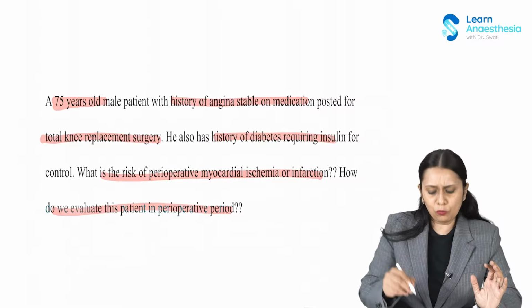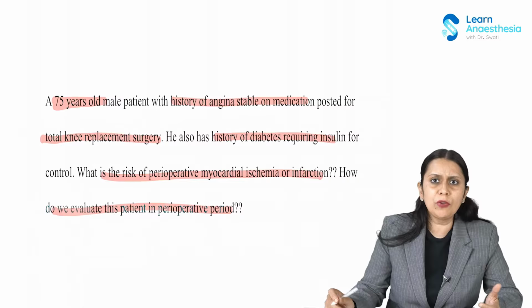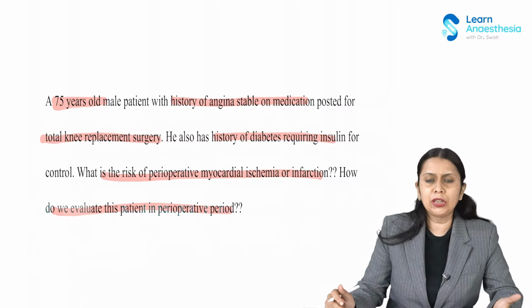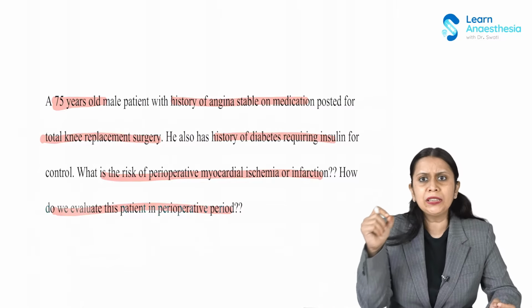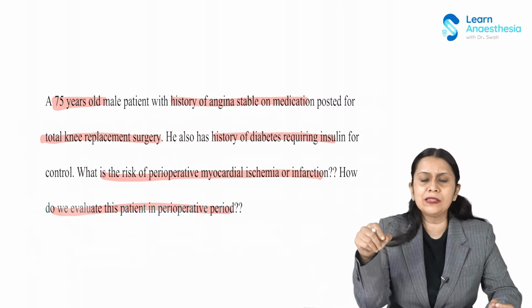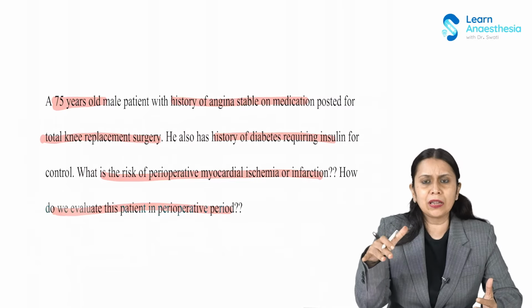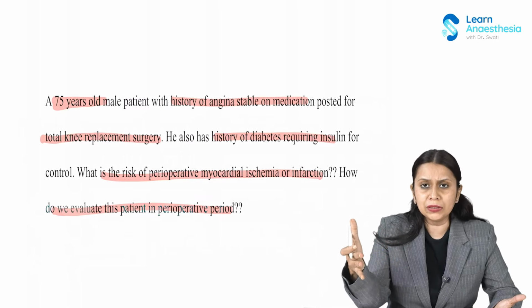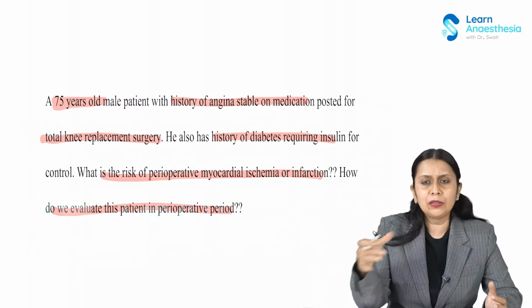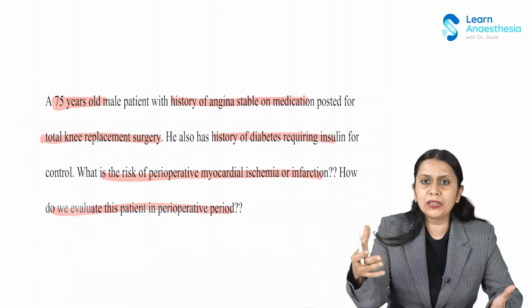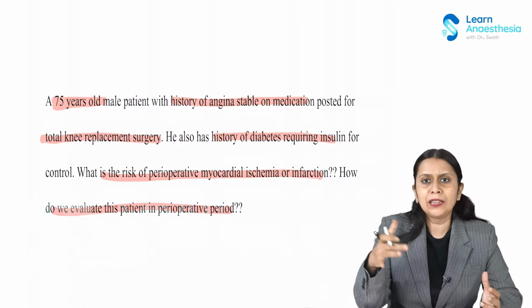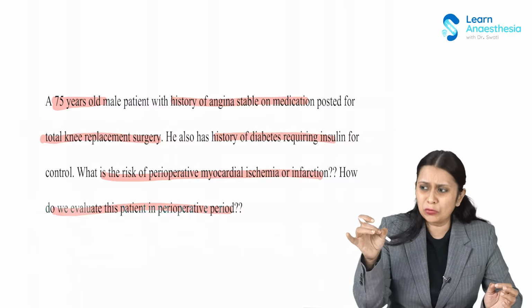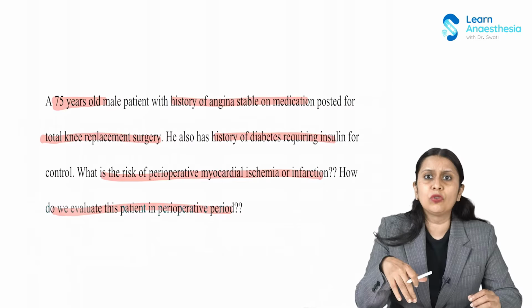So first of all, why does perioperative myocardial ischemia or infarction happen in a patient? Now, mostly it is due to imbalance between myocardial oxygen supply and demand, let's say in a patient with underlying coronary artery disease, or due to acute thrombus, or a coronary artery plaque disruption. And as I earlier said, the presentation may be very atypical. The patient may not complain of chest discomfort under anesthesia. Then typical ECG changes may be missed. In a lot of patients, only elevated troponin level is what we will find.